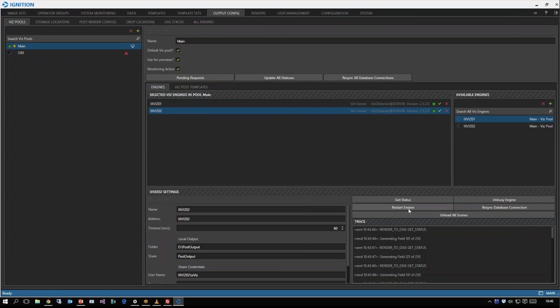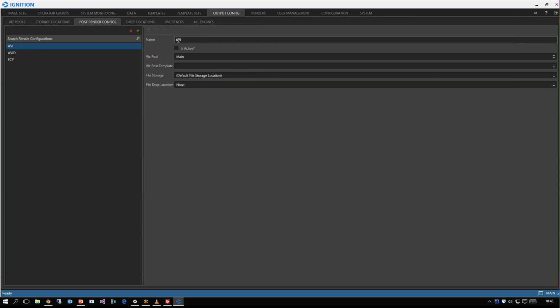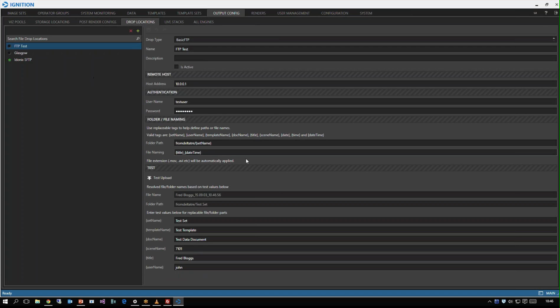If it needs to be, we can restart them remotely. We can define render configs. This is where we wrap up the post-render templates in viz with the relevant codecs. Drop locations, whether it's a local SFTP, storage locations, and one quick point worth mentioning here, we have